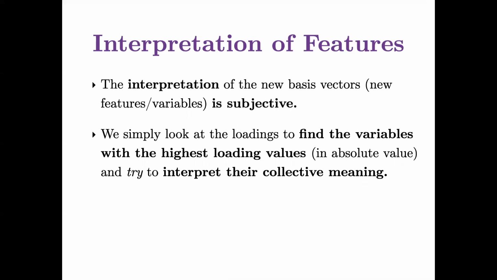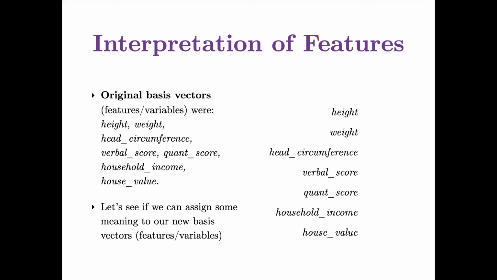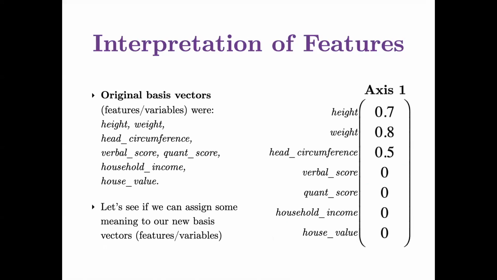Let's have a little bit more practice with this. Let's suppose our original variables were height, weight, head circumference, verbal score, and quantitative score, both of those scores coming from some aptitude test. Then household income and house value. And let's see if we can assign some new meaning to these new basis vectors that I'm about to show you. The first, axis 1,